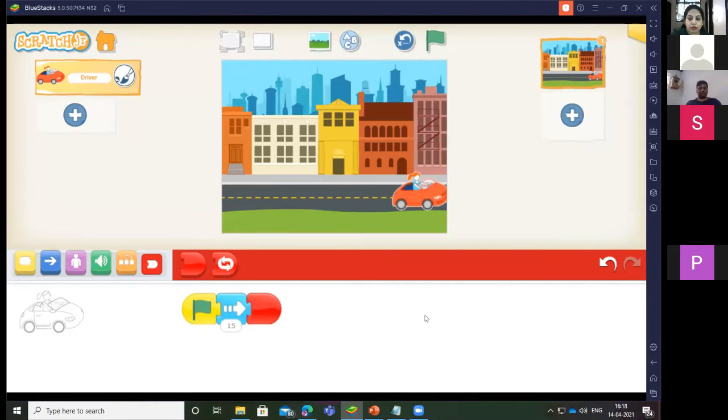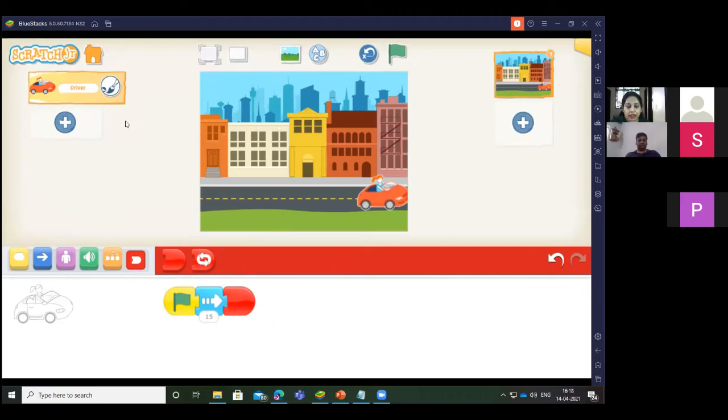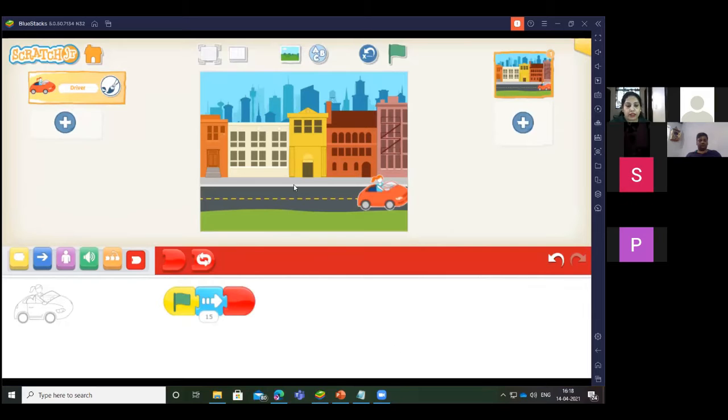For teachers who have joined late, I am just repeating, it is very easy. You need to go to the Scratch Junior app on your mobile or tab. Then click on the plus sign to start a new project. Then delete the sprite that was there by long pressing on it; you get the delete symbol.